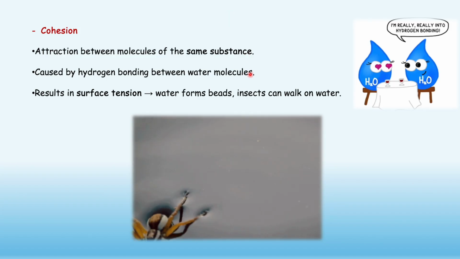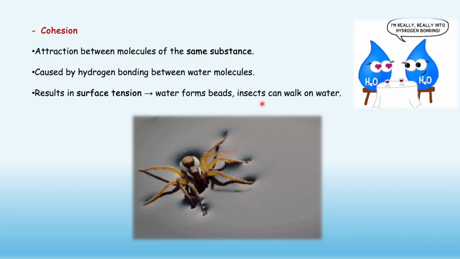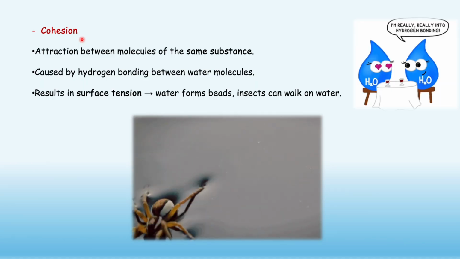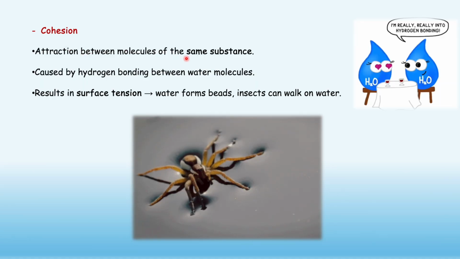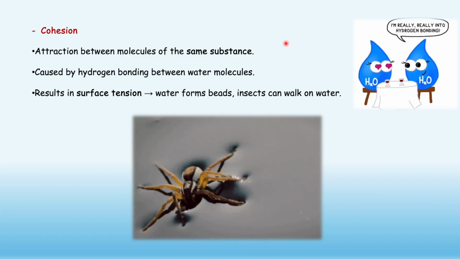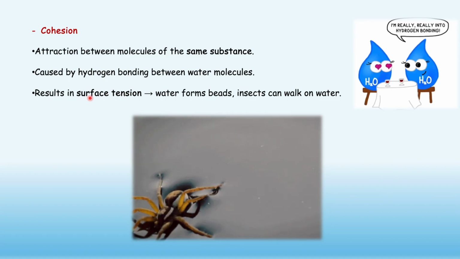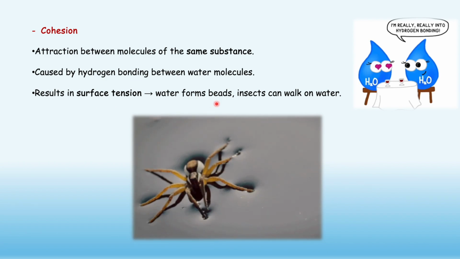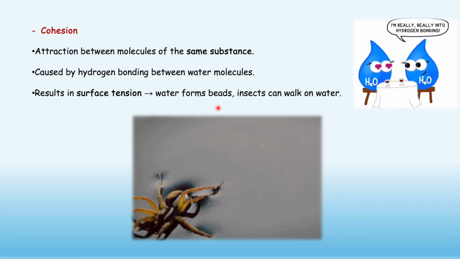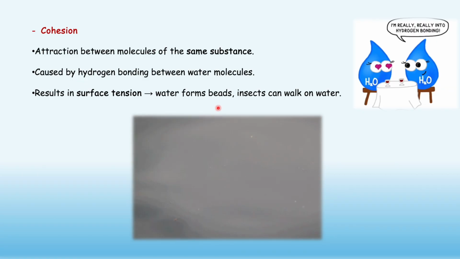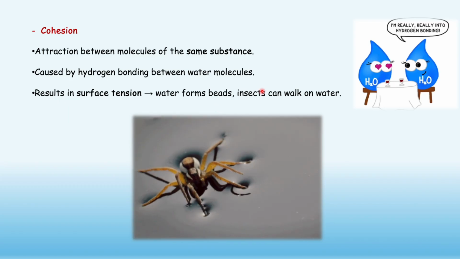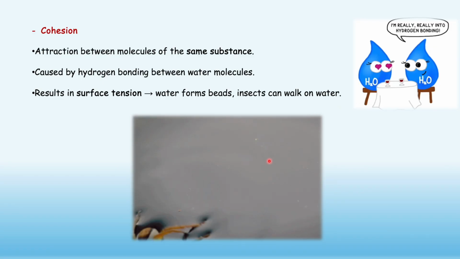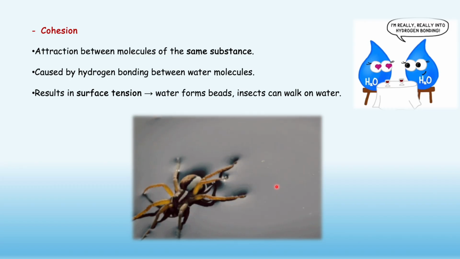And now let's talk about how hydrogen bonding gives water unique properties. One of these properties is cohesion. What is cohesion? It's the attraction between molecules of the same substance, which causes a phenomenon we call surface tension. What is surface tension? When the water molecules attract each other and form beads, like droplets, like a sheet over the water, and that lets insects walk on water, like striders, like spiders, as you see in this animated